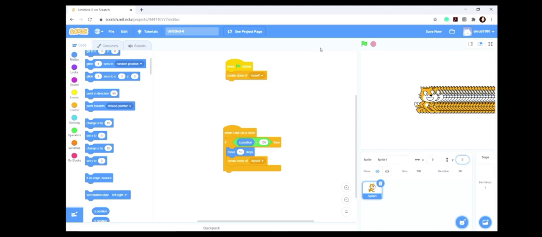Okay, now let's see what happens. See, this will not move ahead. We have fixed it. You have to create a clone by yourself within the clone till it reaches the X position of 100. Clear? Any doubt? This is how you can create an animation. In the next video